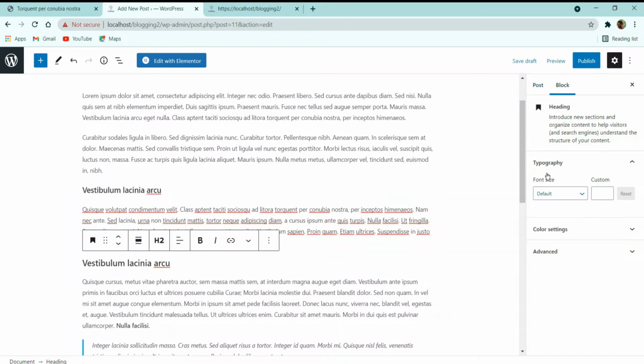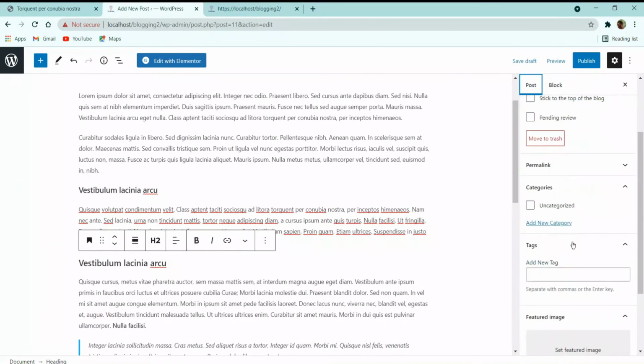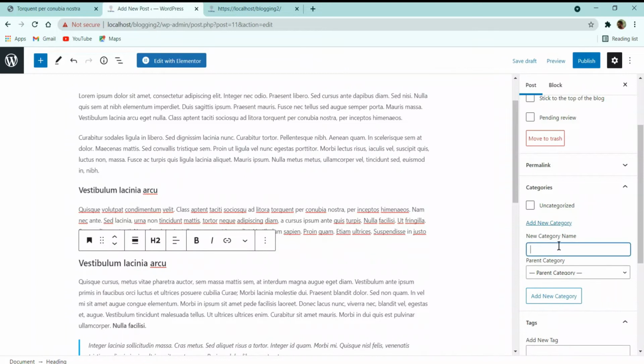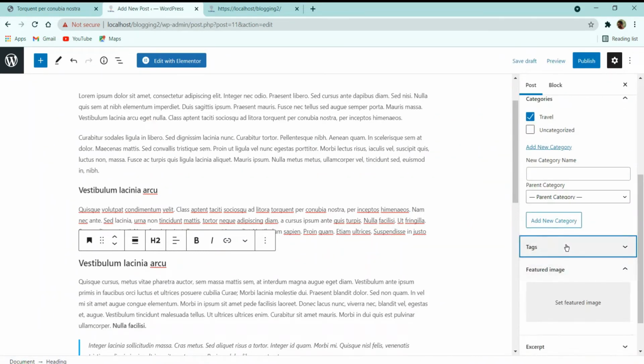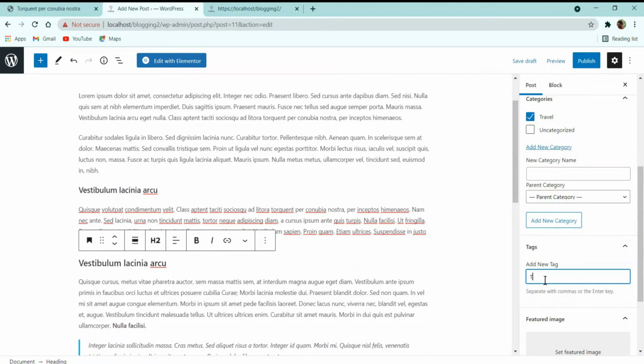After that, on this post option on the right side, you can create categories and all. So let me quickly create a category. I will click on this add new category, and here let me type travel, and then I will click on add new category. So here you can see that this travel is selected, and in tag also I will type this travel,